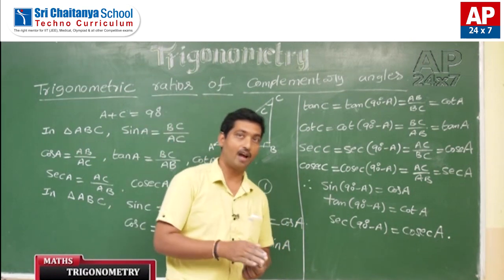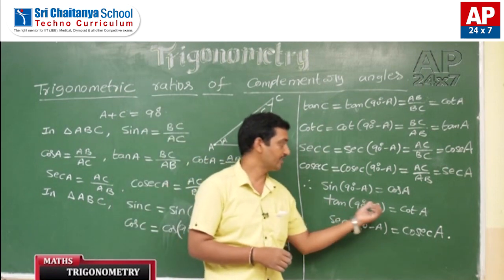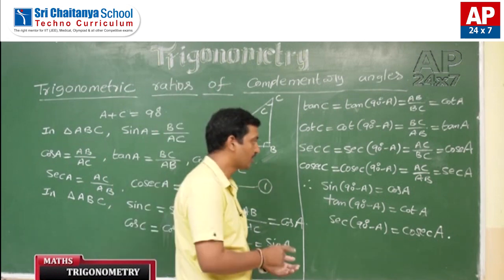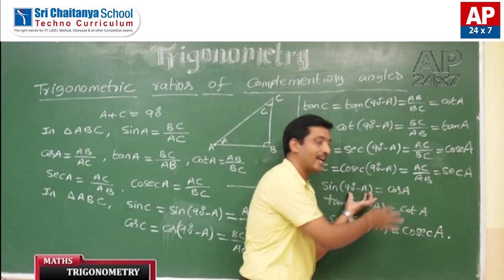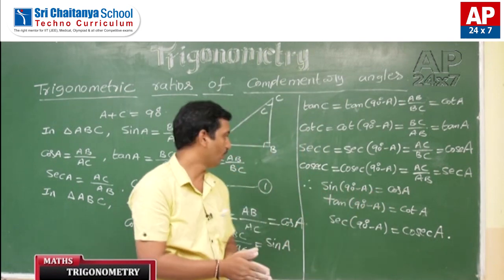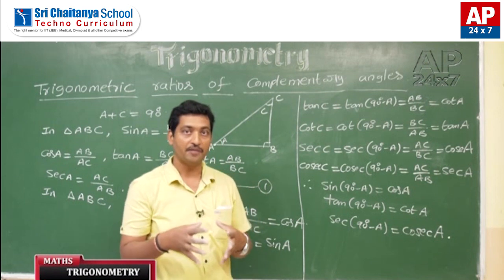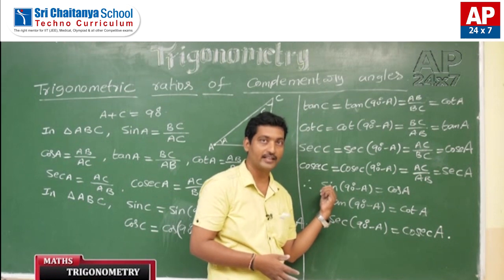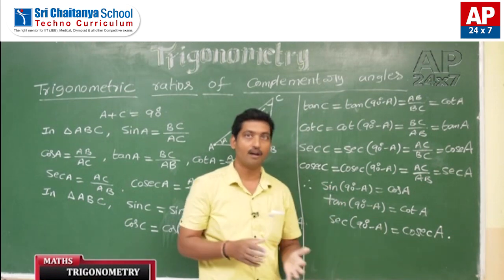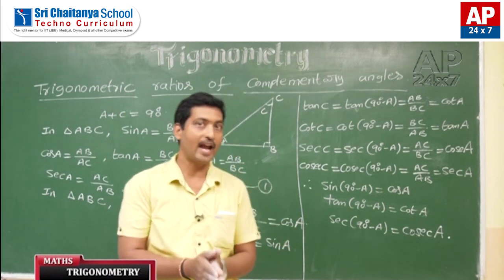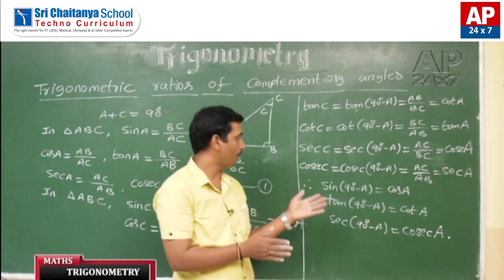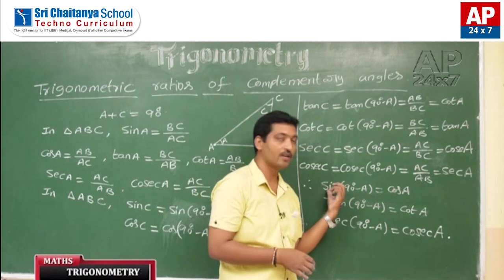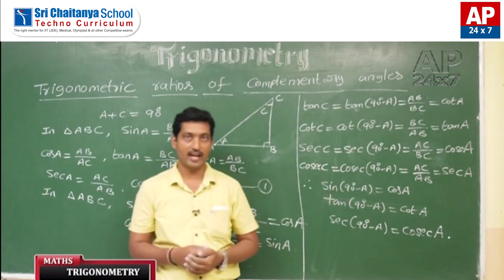And previously, in the last class, I said one point, that is why CO is added. There CO stands for complementary, because, observe here, the sum of 90 degrees minus A and A is 90 degrees. Therefore, sine and cosine are related with complementary angles. That's why CO is added before the sine. The angles of sine and cosine are complementary angles. These two are complementary angles. That's why complementary angles are there, then the sine and cosine are equal. That's why CO is added before sine of the angle A, cosine.